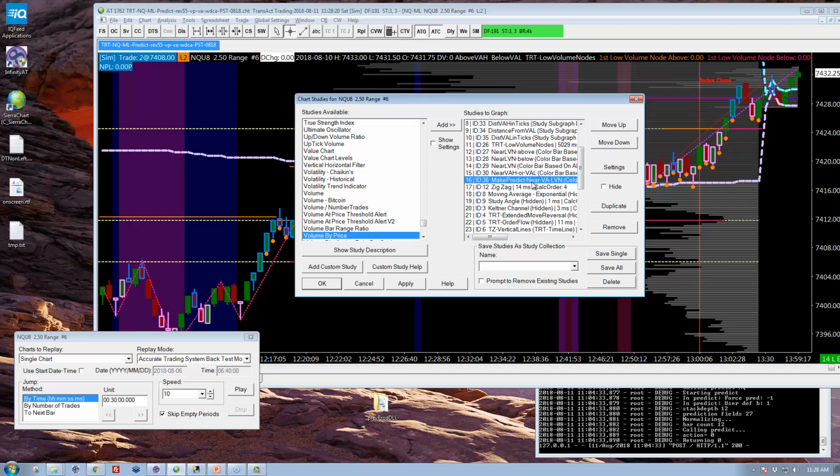Okay, so we're going to go over 3 studies here. One we already did, which was the TRT ML predict. So you've got a new option there. The other one is this make predict. This is the study that chooses the bars that you're going to make the prediction on. So if you look in here,